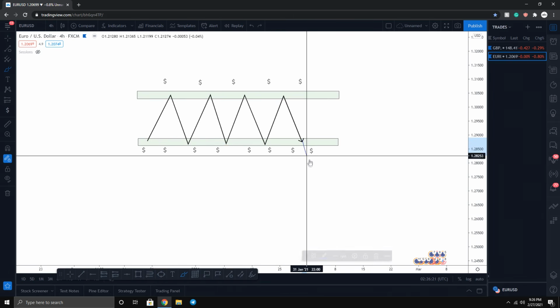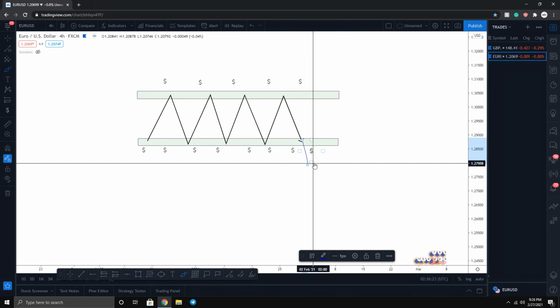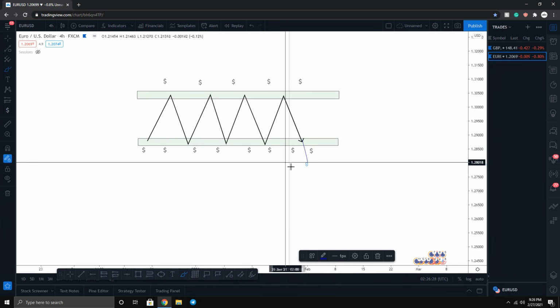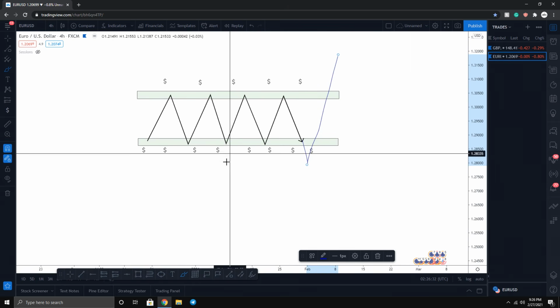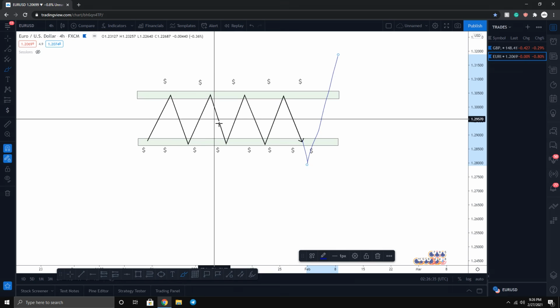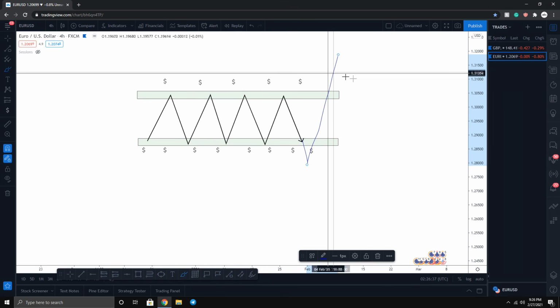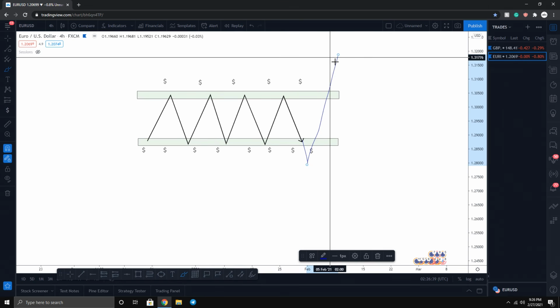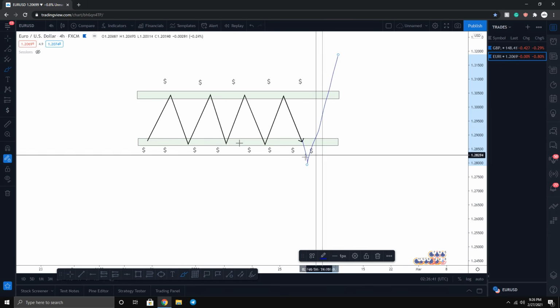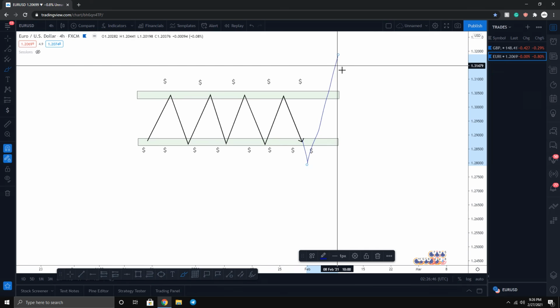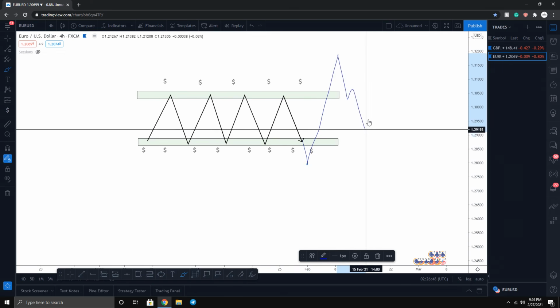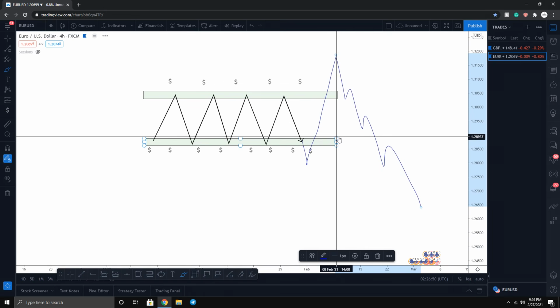what they're going to do is stop out the sellers, stop out the buyers. After they stop out the buyers, they're going to use the money of the buyers to push up, to go higher and take out the sellers. Now that the buyers and the sellers are both out of the market, a lot of people are going to be confused and scared. They're going to be fearful. They're going to think that, okay, sells didn't work out, buys didn't work out. What's going to end up happening? This is when the market maker makes its huge move to actually start trending and makes those 100, 1,000 pip moves towards the downside.